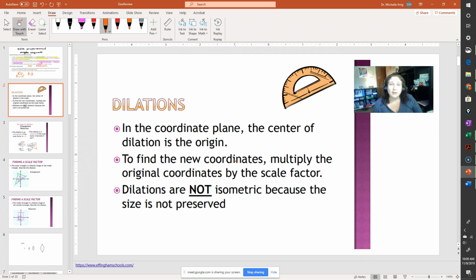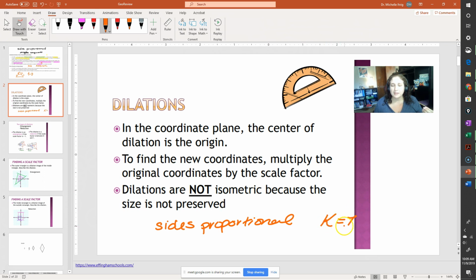And the big takeaway here is that unlike the other three transformations, rotations, reflections, and translations, dilations are not isometric, meaning that size is not preserved. Again, the sides are proportional. That's the main thing. Not equivalent, but proportional. The only time that the sides would be the same is when you have a scale factor